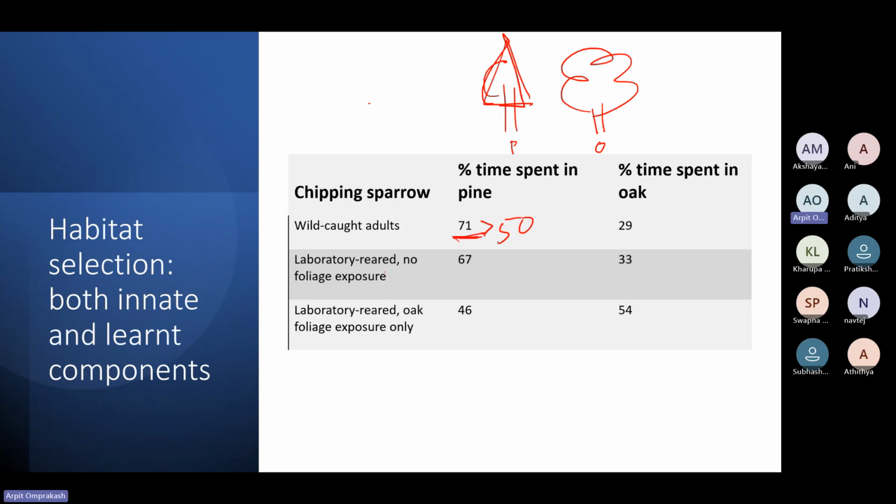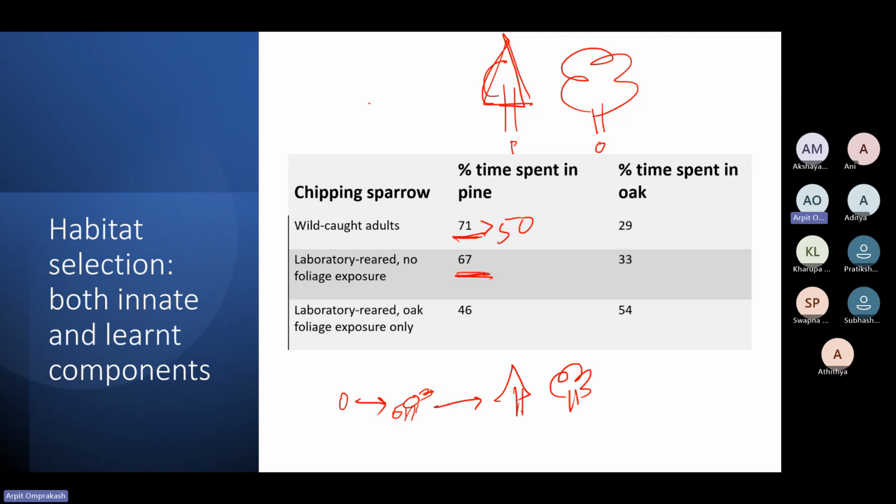Next, they got eggs from these nests and reared the individuals in the lab. So from nests they have birds, right? And they don't show them any leaves or trees till they are adults. After they are adults, they again give them this choice experiment with pine and oak trees and see how long they are staying in each. So here also we see that more than 50% of the time they are found in pine trees. So this suggests that